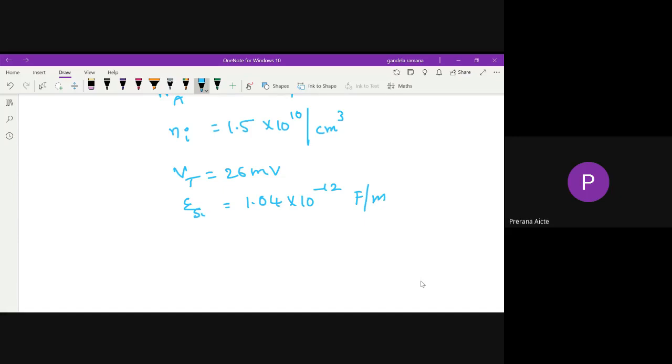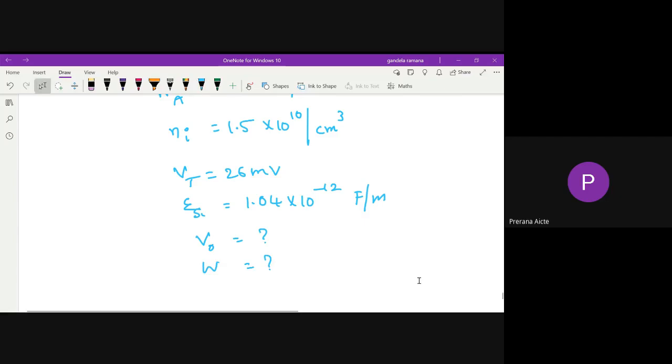So built-in potential, what we want to find out? In the previous problems they asked for the ratio or the one side width. Here we want to find out the total width in this problem. The same problem, the question concept is the same, the way of asking is different. The previous first question asked for the ratio, another asked for one side width, and now this question asks for total width. So here, built-in potential how much, width how much.